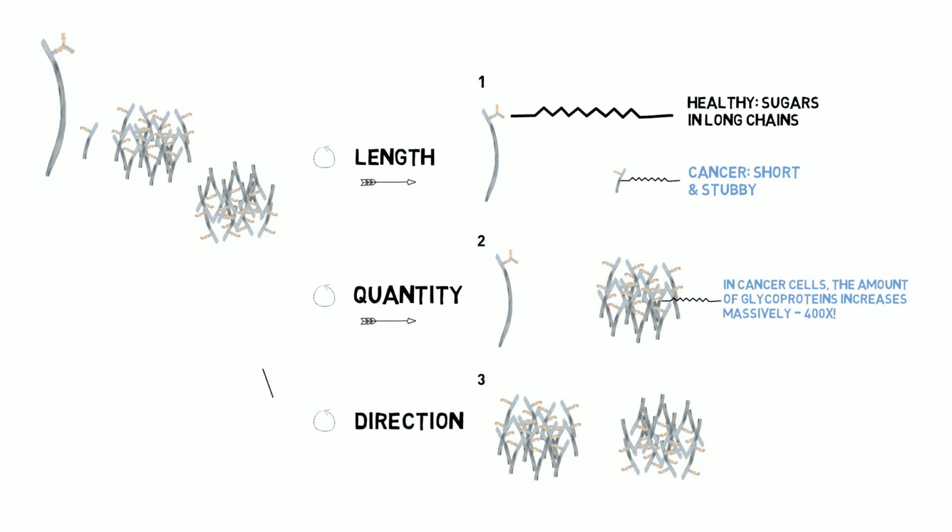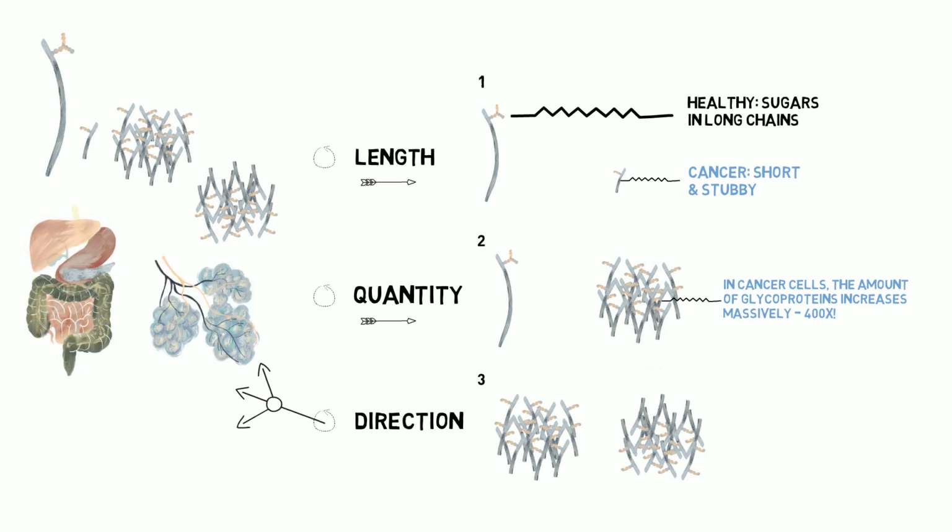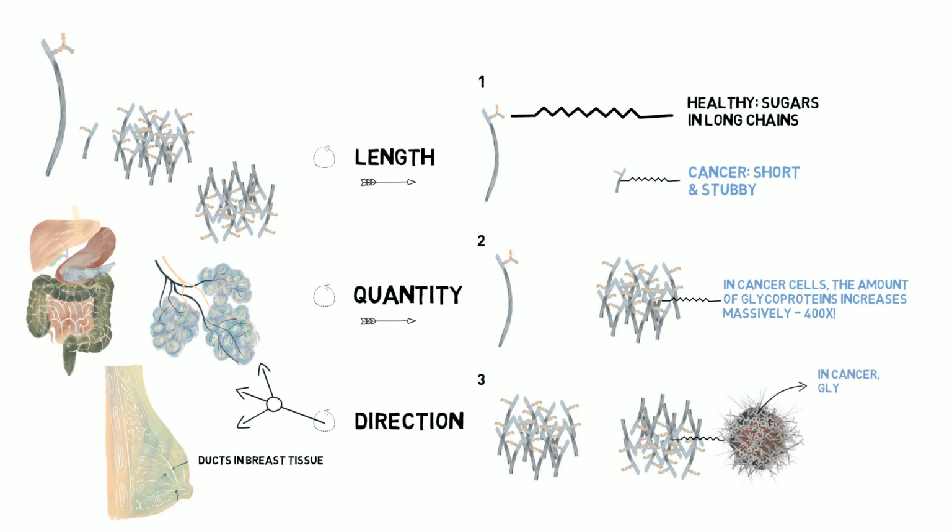Number 3. Direction. Normally, glycoproteins line the channels and ducts within our bodies, acting as a defensive layer of your digestive tract, or the air sacs in your lungs, where the chance of infection from outside invaders is more likely. Another place they appear is the duct within the breast tissue. However, in cancers, they also point inwards towards the body, meaning they can interact with cells they never normally meet,